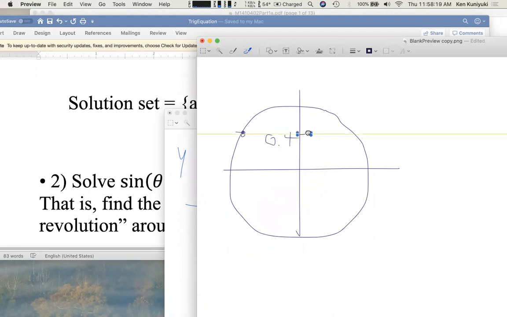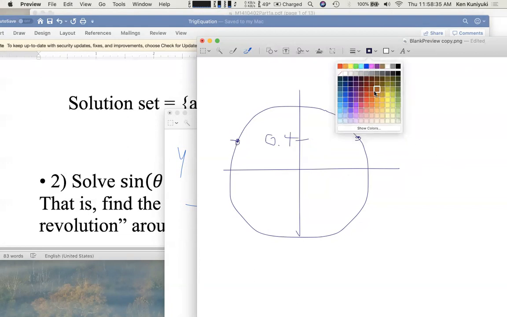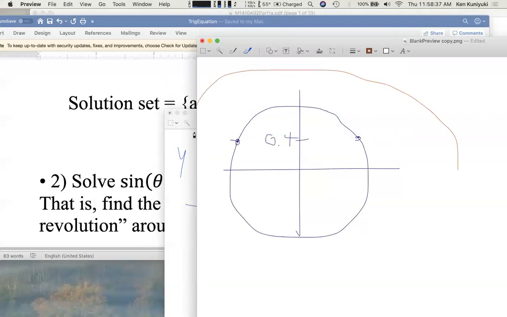I should probably lower this a bit. 2 points whose y-coordinate is 0.4. So between 0 and 2 pi, how many angles are we going to pick up? As we go around the world, from 0 all the way around to 2 pi, not quite 2 pi,